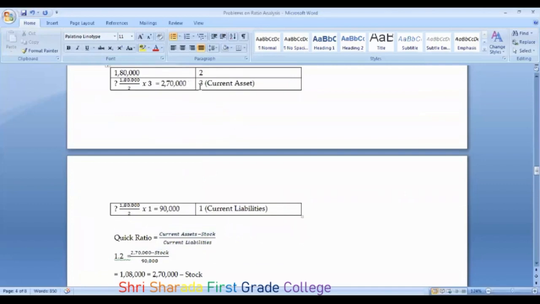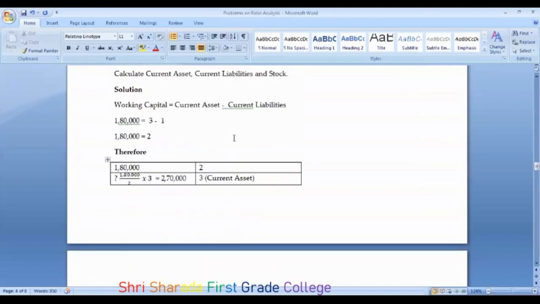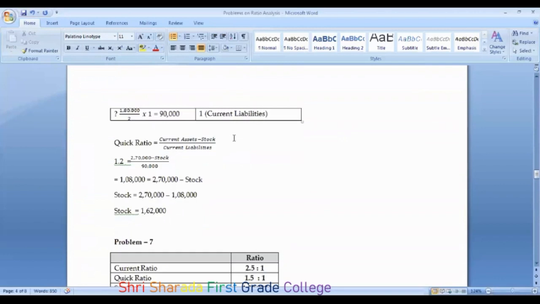See, there is a link between them. If you find out one, you can find out the other. If you don't find out the one, it is very difficult to find out the second one. So be careful while computing the values. Okay. So current assets is 2,70,000 minus stock divided by